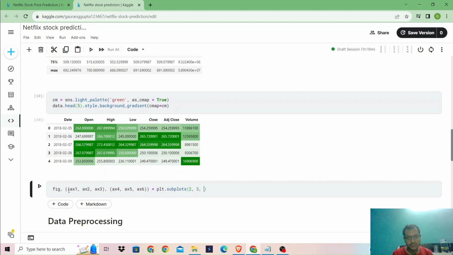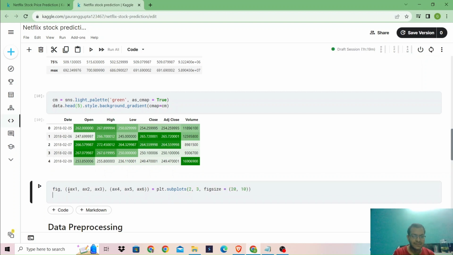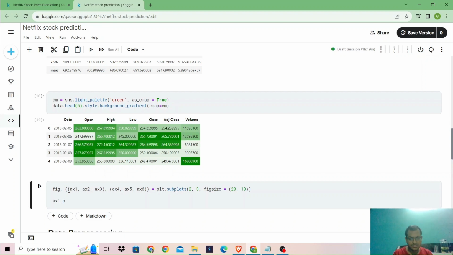Plots 2, 3, fixed size equal to 20, 10. Again, you can change the fixed size. I have used 2, 3 subplots. So ax1.plot(data['open']), then ax1.set_xlabel